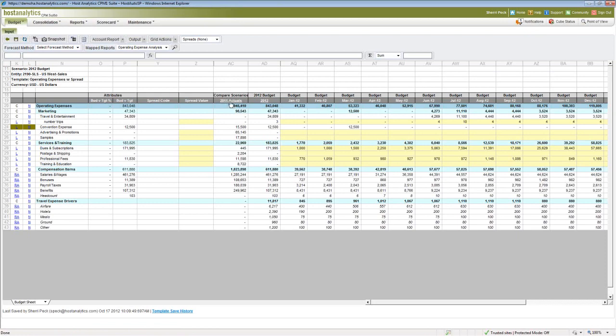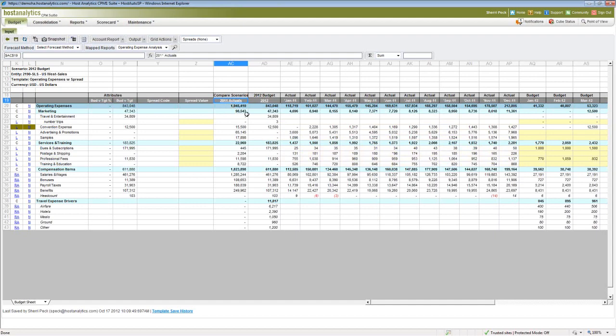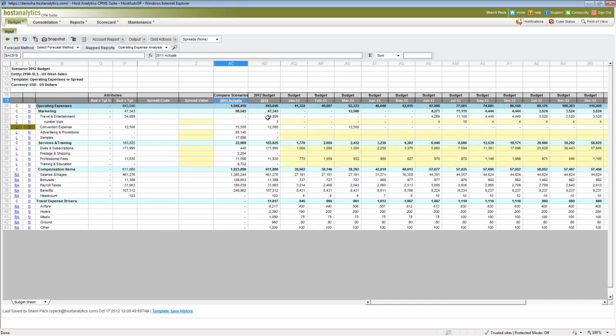Now, if I wanted to actually see it month by month, we have included that here, so you can take a look and see what was my actual expense last year. I also have tools such as being able to, let's say, spread information. Like, let's take, for example, my advertising.